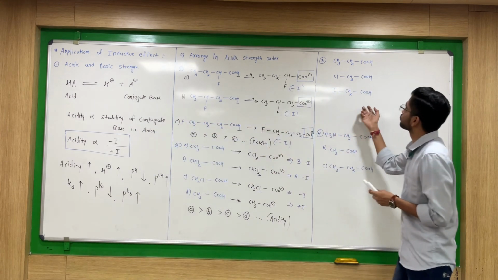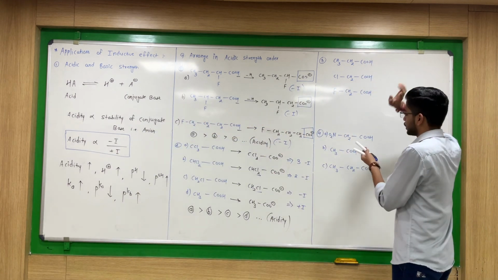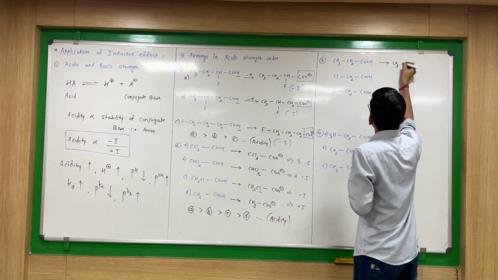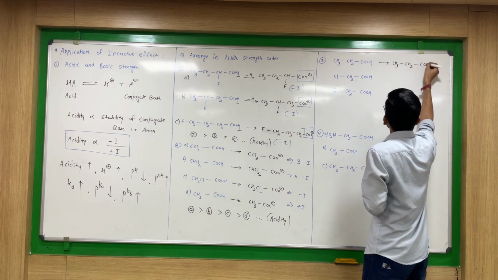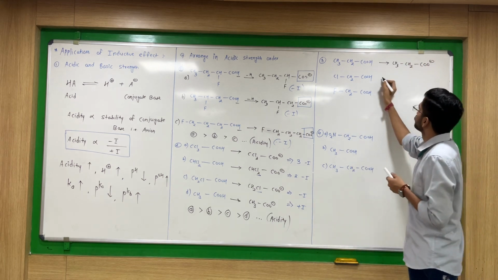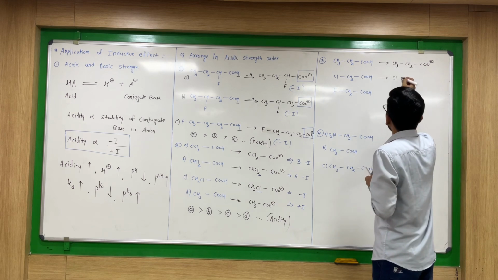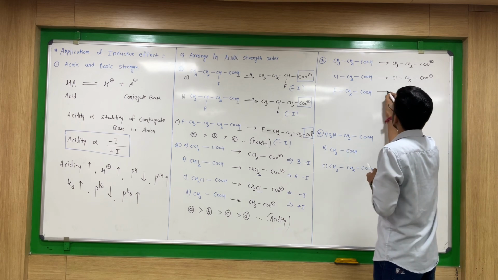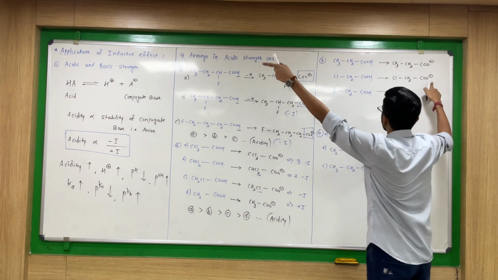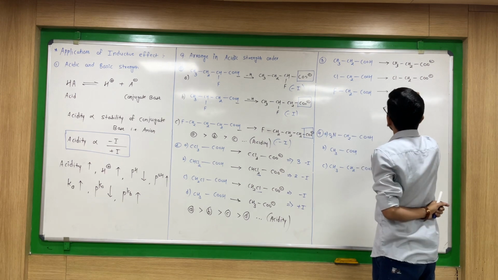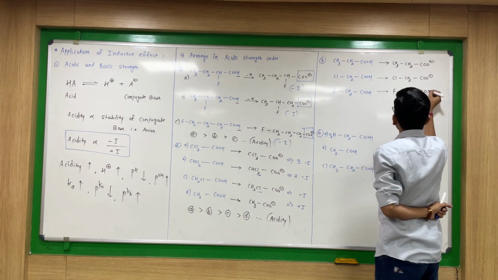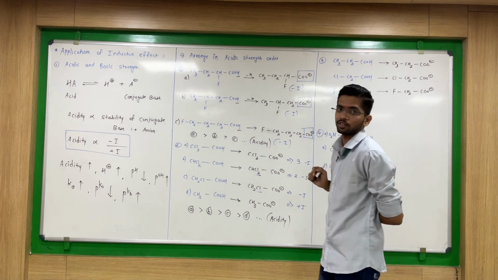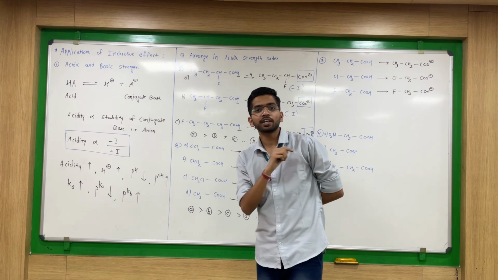Now same with here. First thing that we have to do is release the H plus. What will you get here? CH3CH2COO minus. Then ClCH2COO minus. Then, when I am saying minus, all are A minus. Then FCH2COO minus. Now first thing that we have to find out is which effect is here, whether plus inductive effect or minus inductive effect.